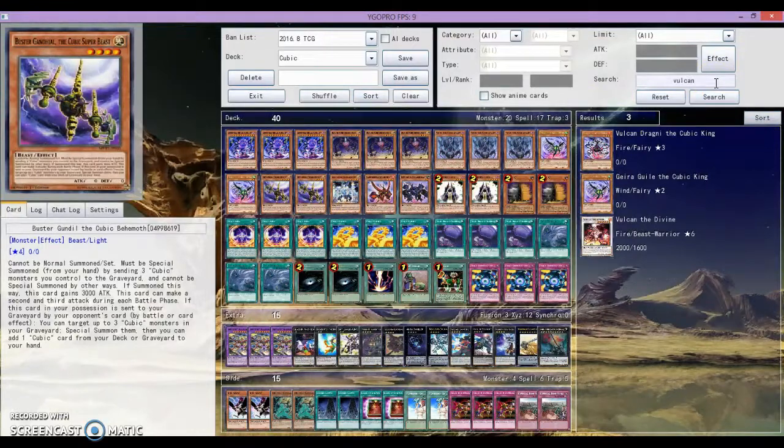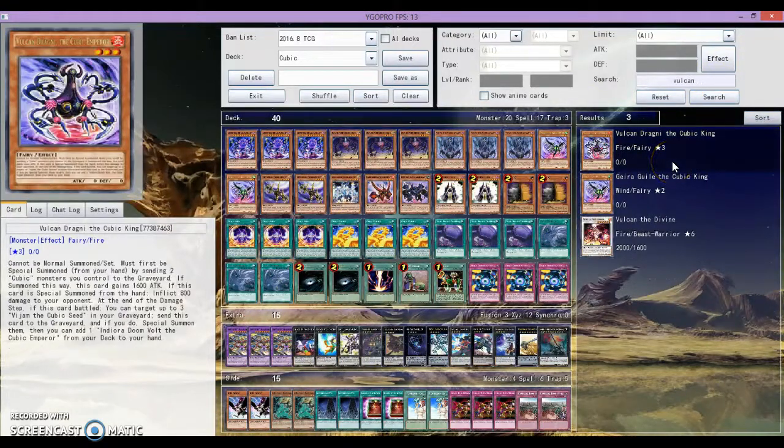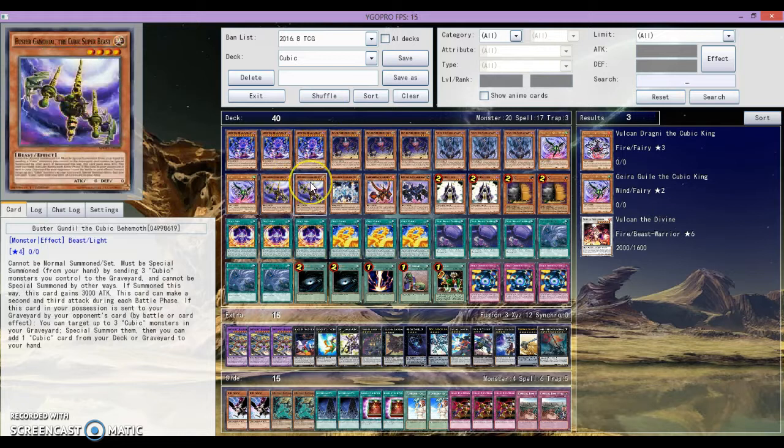Vulcan, this one. I'm not playing this one because I found this card really underwhelming, but you can play it if you want to. 2 Buster Gandil. This guy OTKs all by himself. So, like, if your opponent has an empty board,